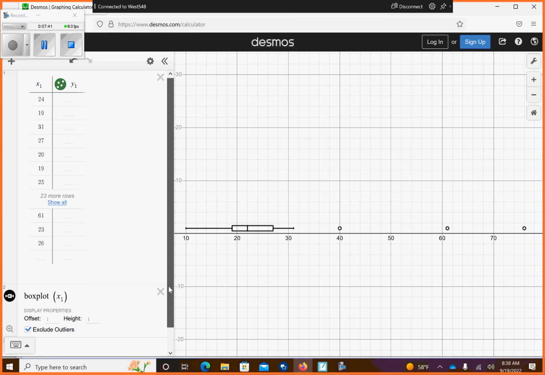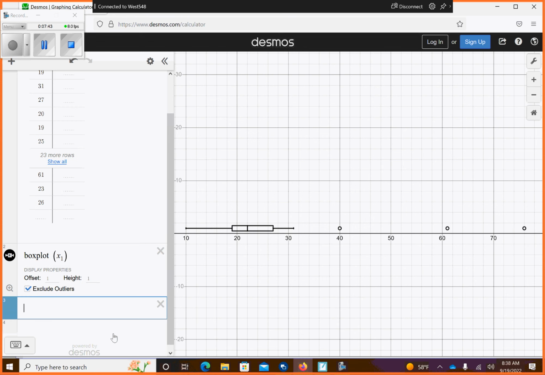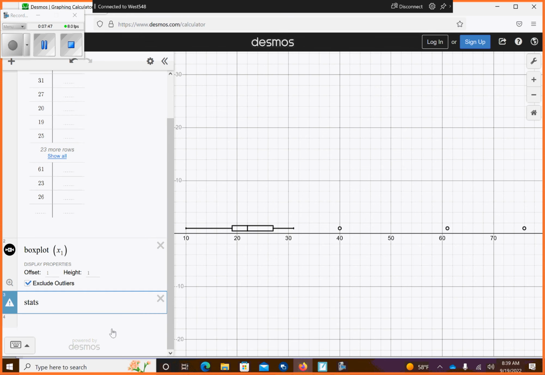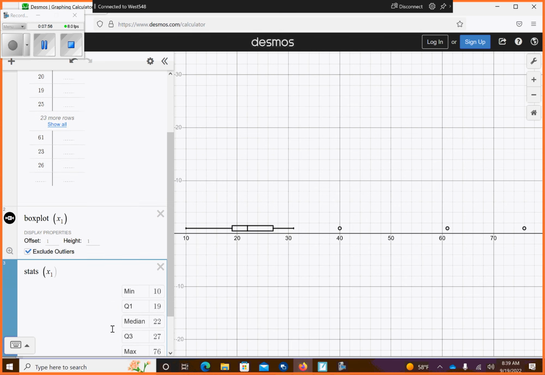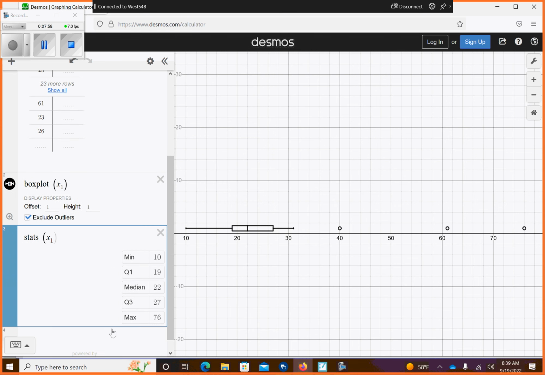And then the other thing that I heard people had questions on, how was I finding certain things? So if I type in stats of X shift 1, this will give me my min, my Q1, my median, my Q3, and my max. But notice the max that they gave us was the outlier. So at the end of Q3, so on our graph,